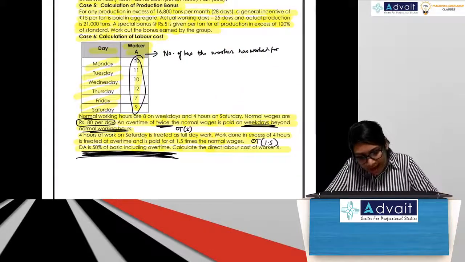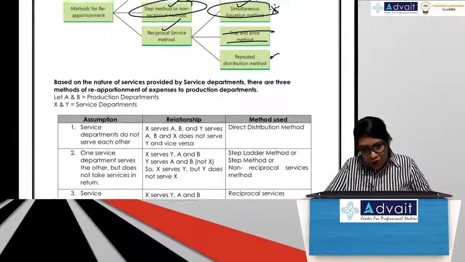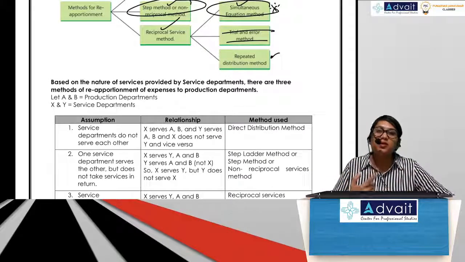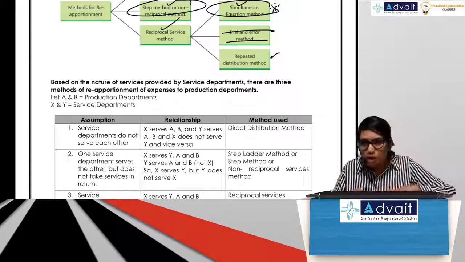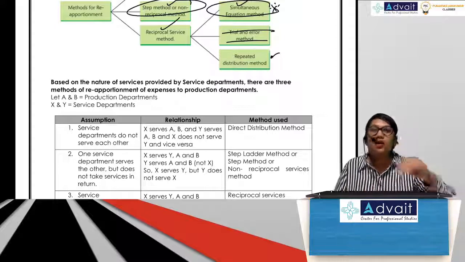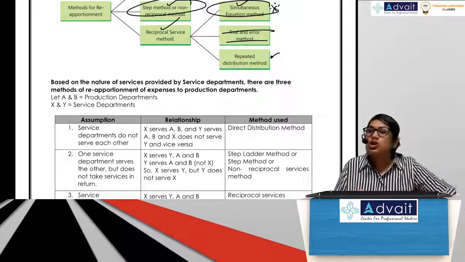So I have shown you all the steps from step 1 to step 6. We have seen apportionment, how it happens. We have seen the methods of reapportionment. We have also seen absorption. So now we can easily calculate the overhead